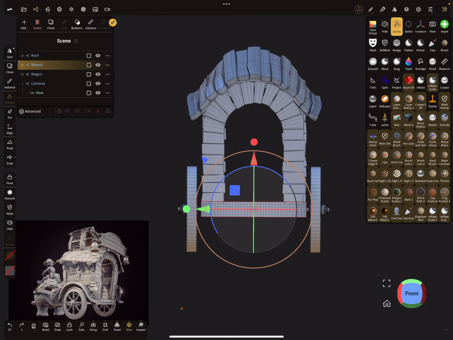Okay, now I start with the floor. So I add on Gizmo a plane. So I rotate it in this direction.